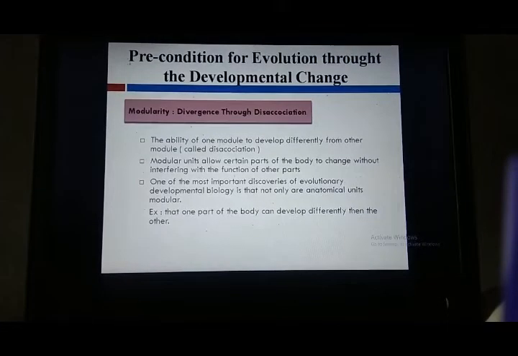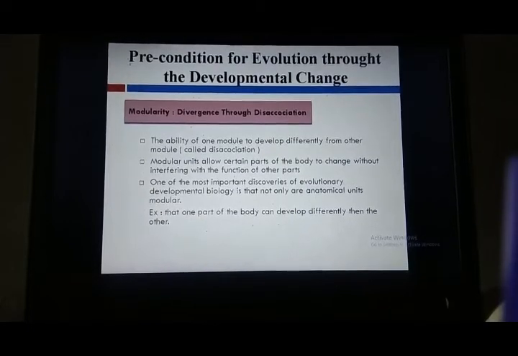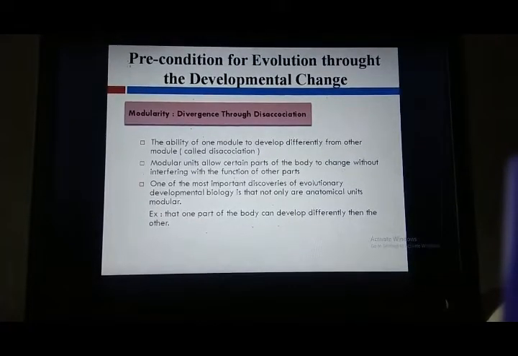And you must know that one of the most important discoveries of evolutionary developmental biology is that not only are the anatomical units modular, like the example that one part of the body can develop differently than the other,